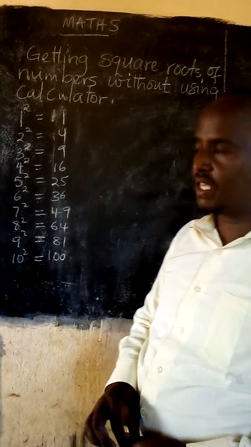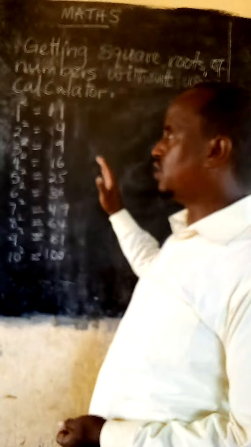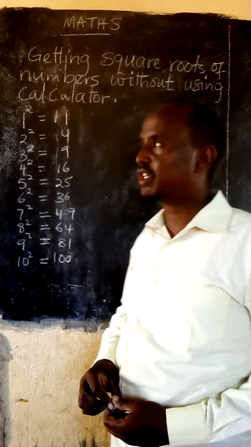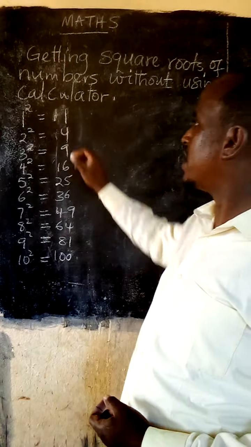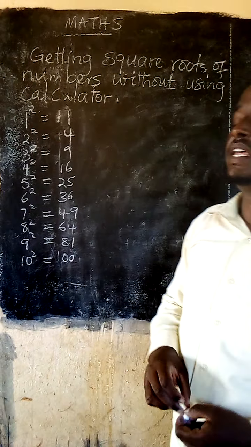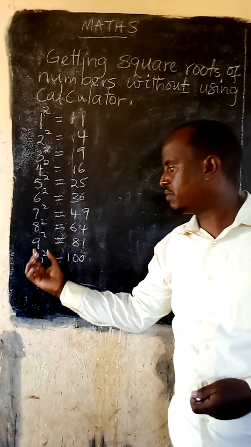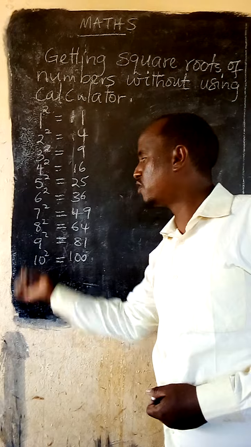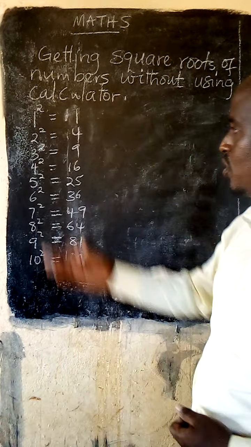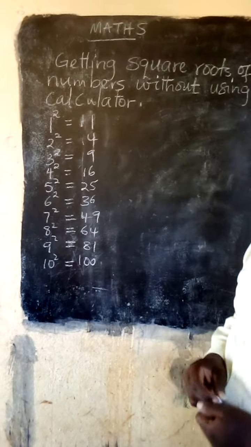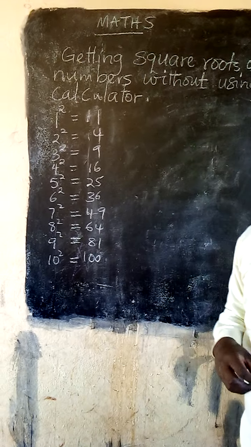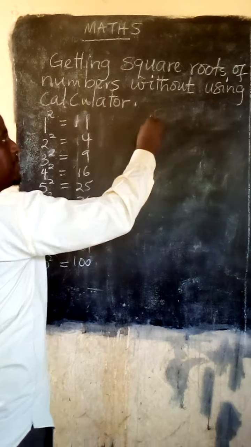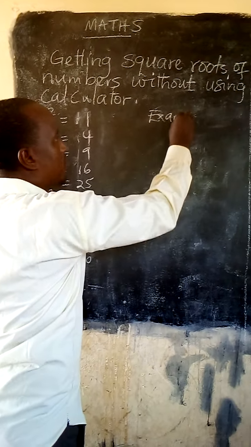So today, the session will be getting square roots of numbers without using calculators. For us to achieve that, we should be able to memorize the squares of the first 10 digits, from 1 to 10. We already have them here. So let us start with an example so that we get to understand what I'm talking about. Example number one,